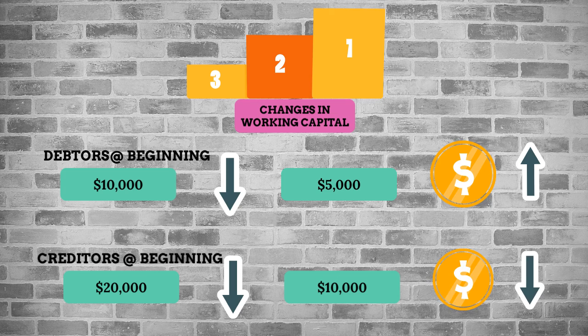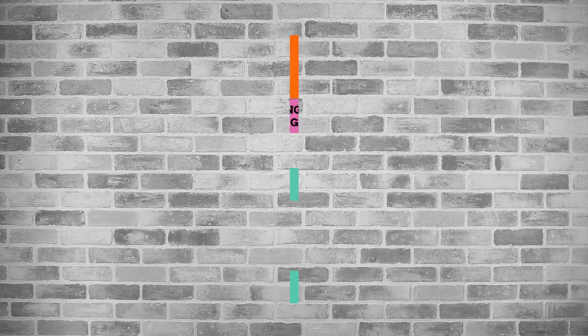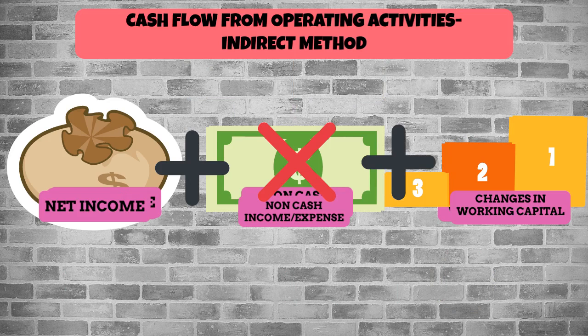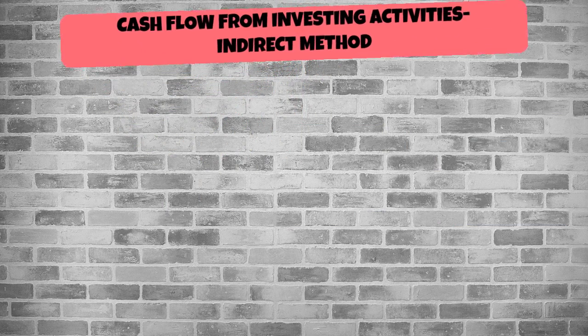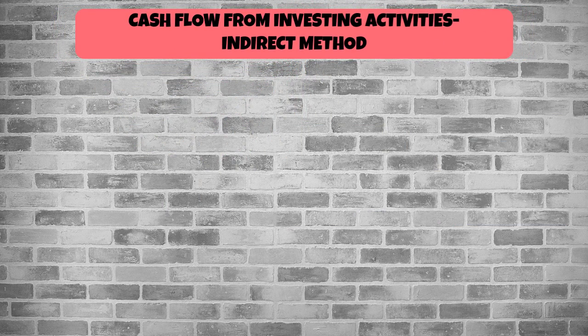In the same way, the company will analyze the various movements across working capital assets and adjust for the movements in the cash flow from operating activities. Thus, we can now summarize that cash flow from operating activity is net income adjusted for non-cash expenses and changes in working capital assets. The second category of cash flow statement is cash flow from investing activities, which will include